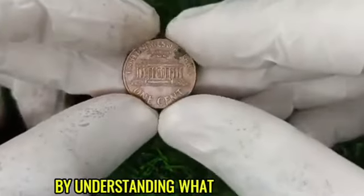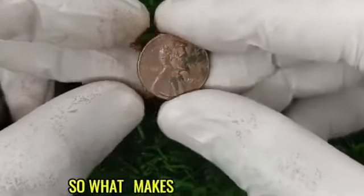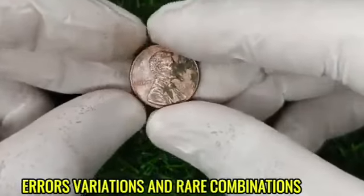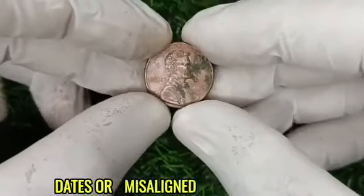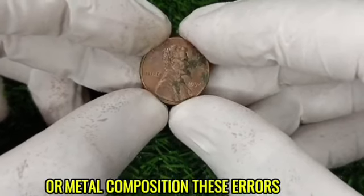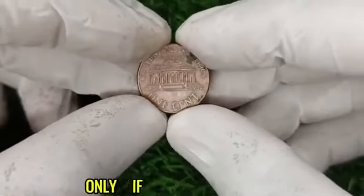By understanding what makes a penny truly rare, you can increase your chances of finding that elusive 1990 for penny. So what makes certain 1990 for pennies valuable? The answer lies in minting errors, variations, and rare combinations. For example, some 1990 for pennies may have misprinted dates or misaligned dies, making them highly sought after by collectors. Others may have unique variations in their design or metal composition. These errors and variations can significantly increase the value of the penny, but only if you know what to look